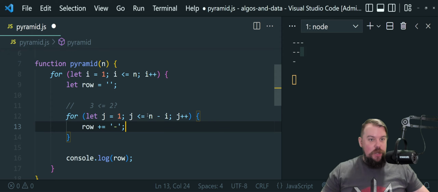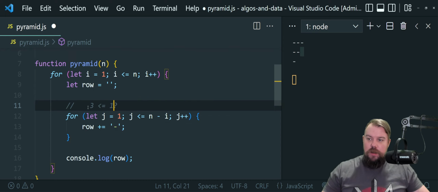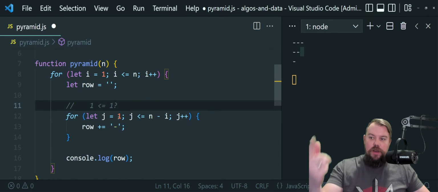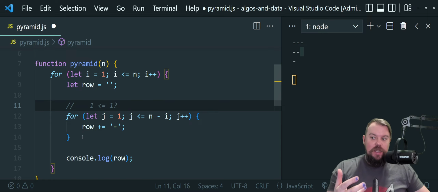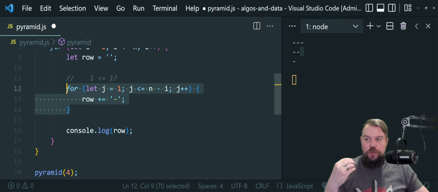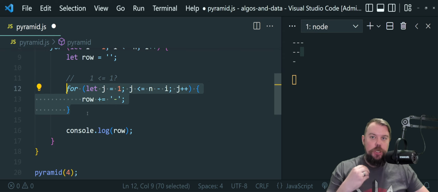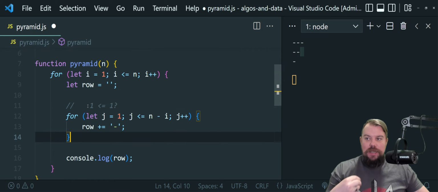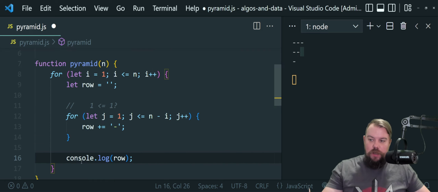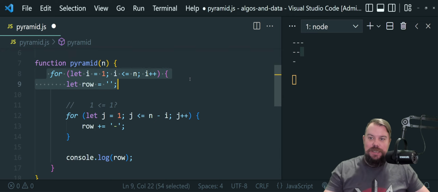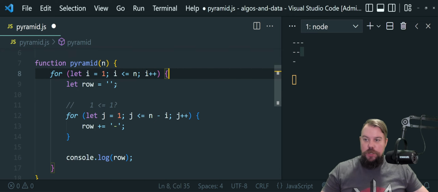Then in the theater of our mind here, let's go ahead and increment to the next available row, which will be an I of 3. 4 minus 3 gets us a value of 1. J will reset to 1 when the outer for loop moves to its next iteration, because remember, the key thing to keep in mind here is these for loops have to run to completion every single time. So when I say let's move to the next row, this is done running, the hashtags are done running, it's console log the row, the outer for loop ticks to the next value of I,